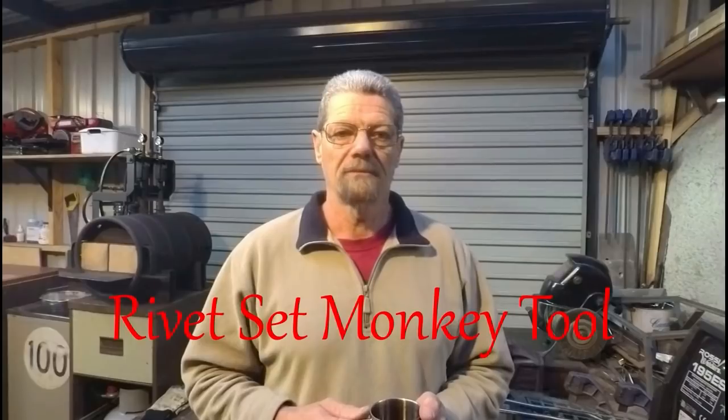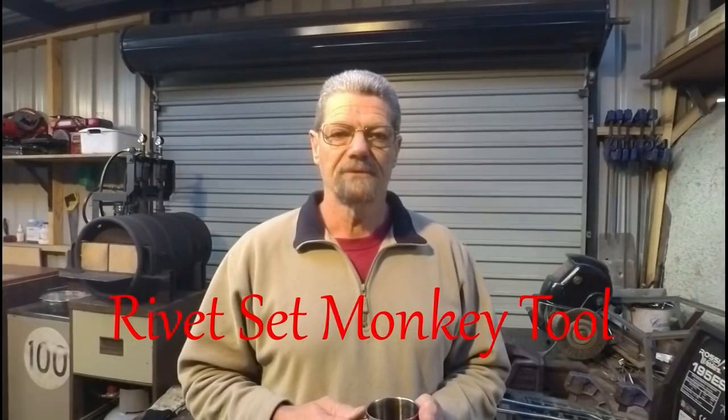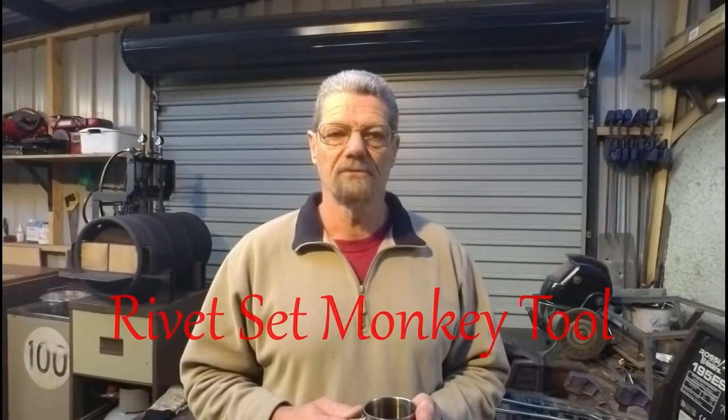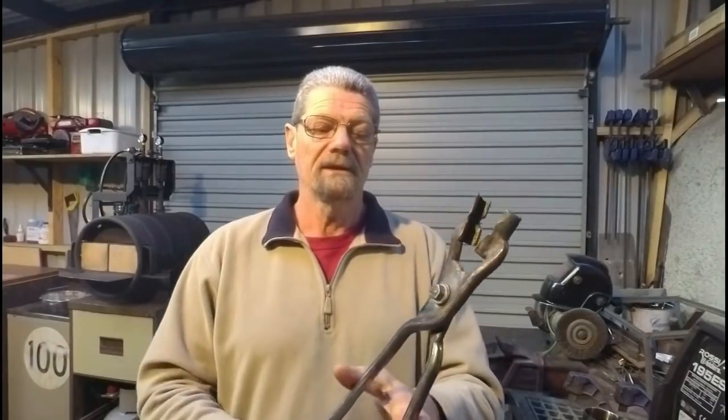This morning I'm keen on getting into finishing a project that I started quite some time ago. If you've been watching the channel previously, you would have seen me make a set of fabricated tongs. This is those. They work alright, lightweight tongs, mild steel, but in the process I built them with a nut and bolt